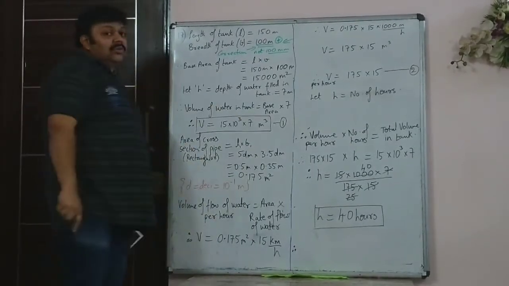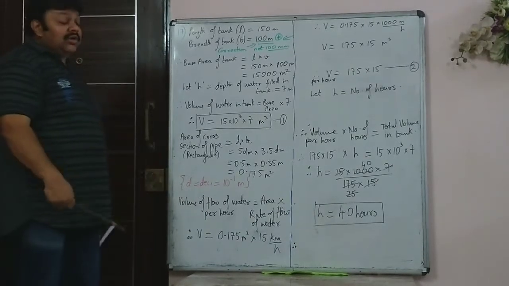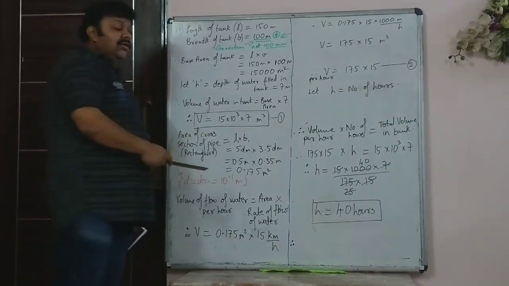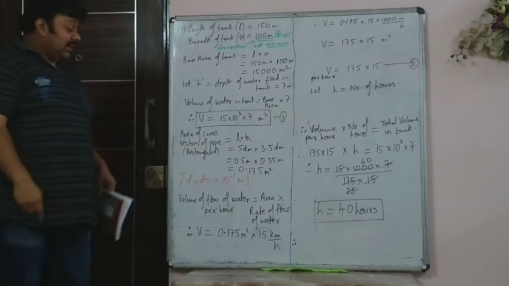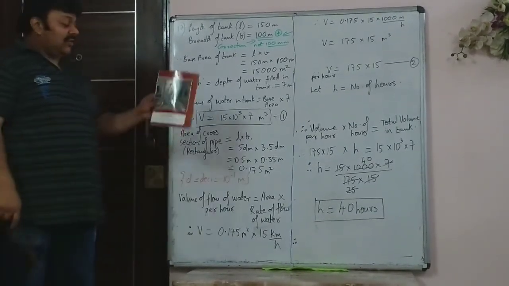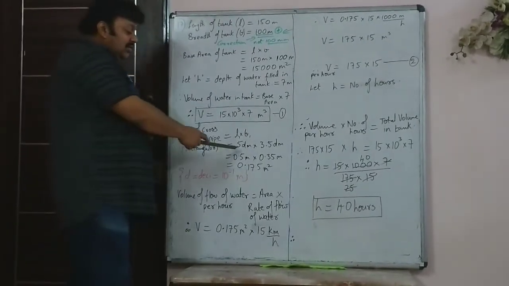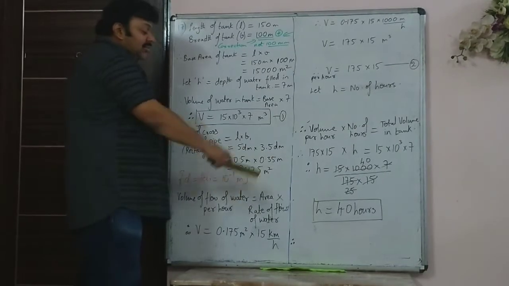So that's the volume of water in the tank. That is equation number 1. Now this is filled by using what? It's filled by a rectangular pipe. The pipe is rectangular in shape. So the area of the front is like this, in the shape of a rectangle. Length is 5 decimeter and breadth is